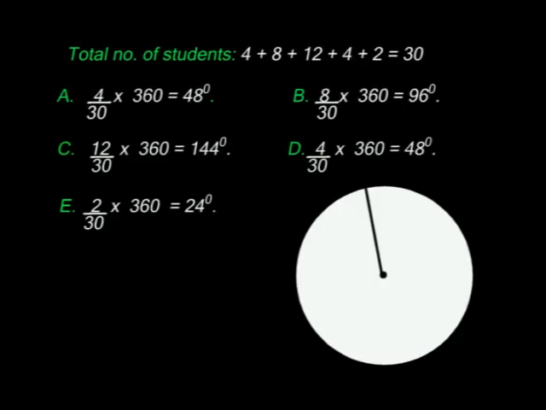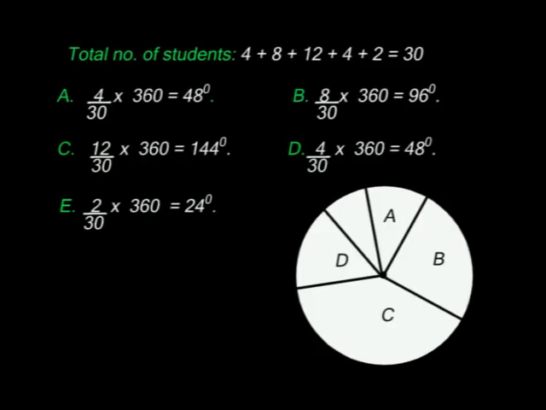I'll then place my protractor at the center of the circle and measure 48 degrees to represent A, the grade A. I measure 48 degrees and I will have that. Now placing my protractor on that line, I want to measure the angle for B, that is 96. So again I will have that line. I place my protractor again on that line at the center, measure for C, that is 144 degrees. D, I will measure 48 degrees.